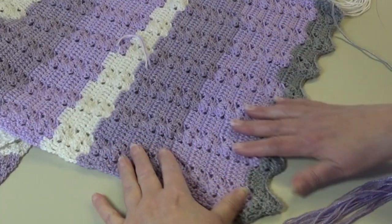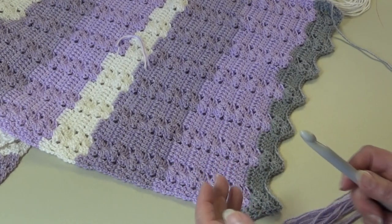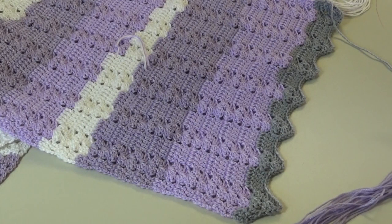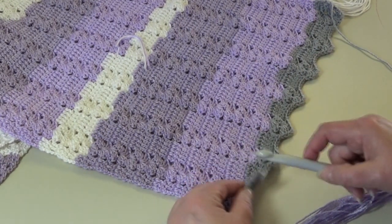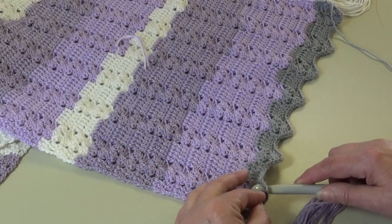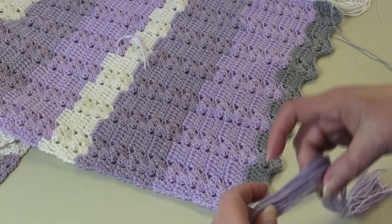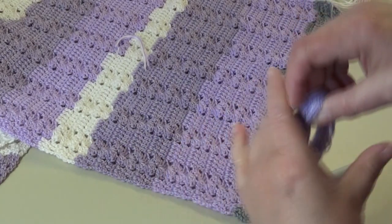So now we're going to attach our tassels. Now I got a bigger hook. You might want to grab a bigger hook because you really need to catch all 20 strands of this yarn. So what I'm going to do is take my hook and go from the outside of the work, coming underneath and through to the top of that beginning chain 2 space of that first shell. Take your 20 strands of yarn, fold them in half,